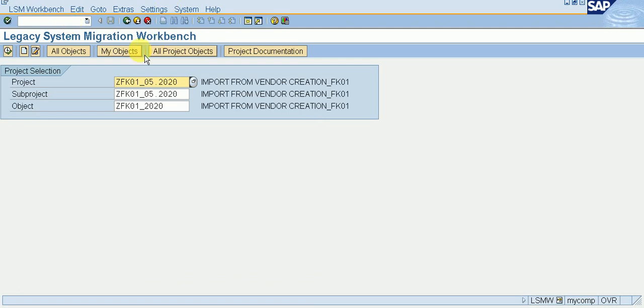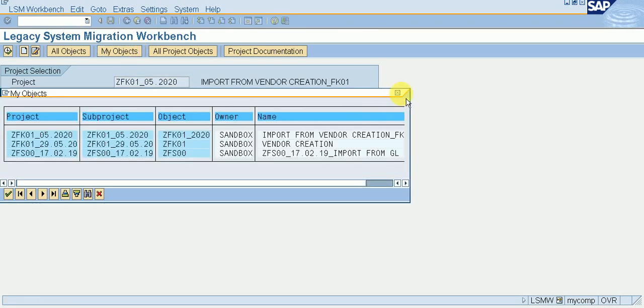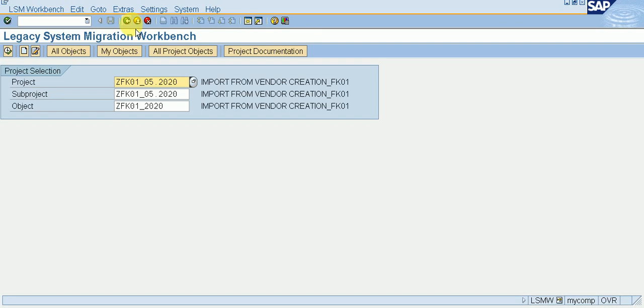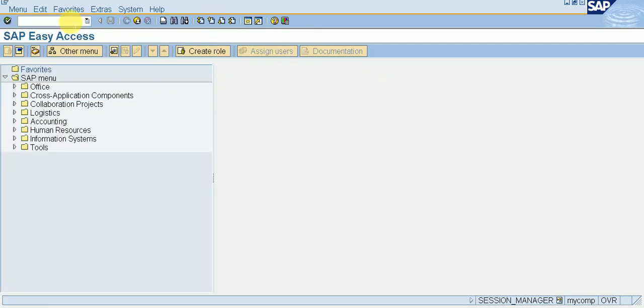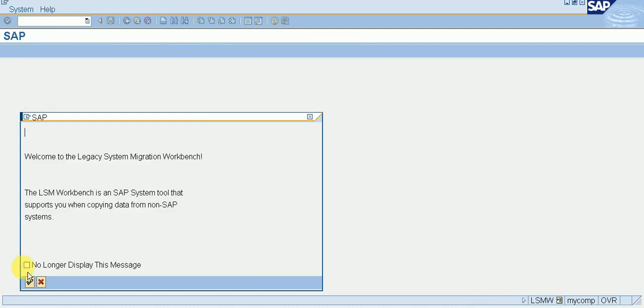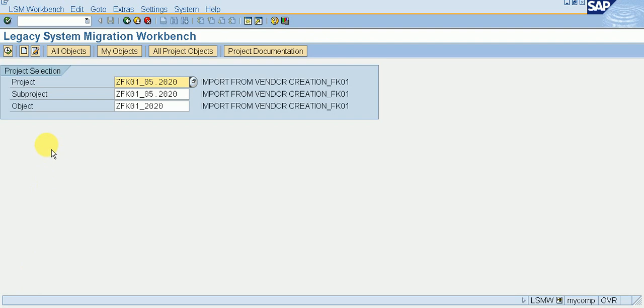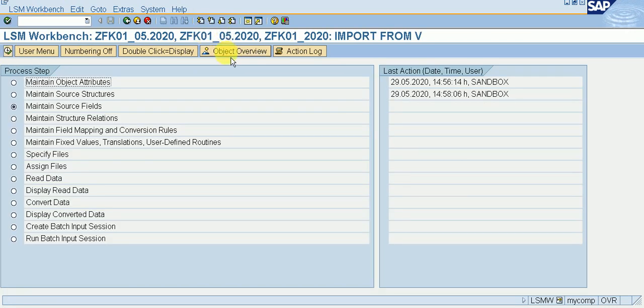Enter my objects. Sorry, I need to execute it first. Okay, execute it. After that, we can see the object overview.